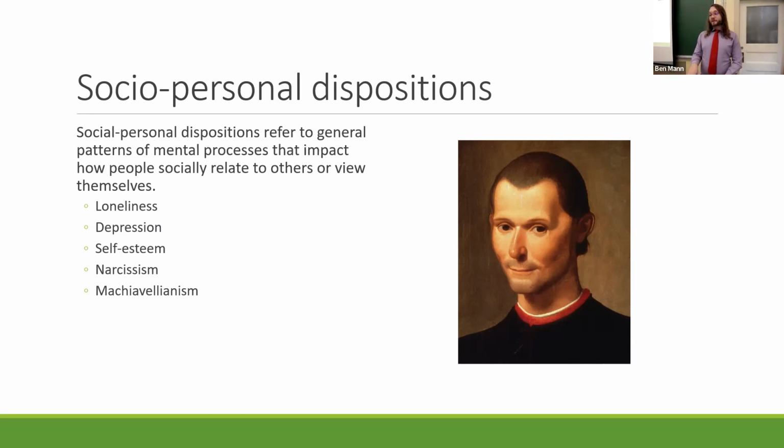It should be noted that that wasn't his actual perspective, right? So it's a bit of a misnomer to say somebody is Machiavellian because that wasn't actually what Machiavelli believed. It's just what he wrote for royals to use. In any case, Machiavellianism is a socio-personal disposition, a way that we think about mentally who we are and how we should relate to other people. That we should use people to get what we want or manipulate people.